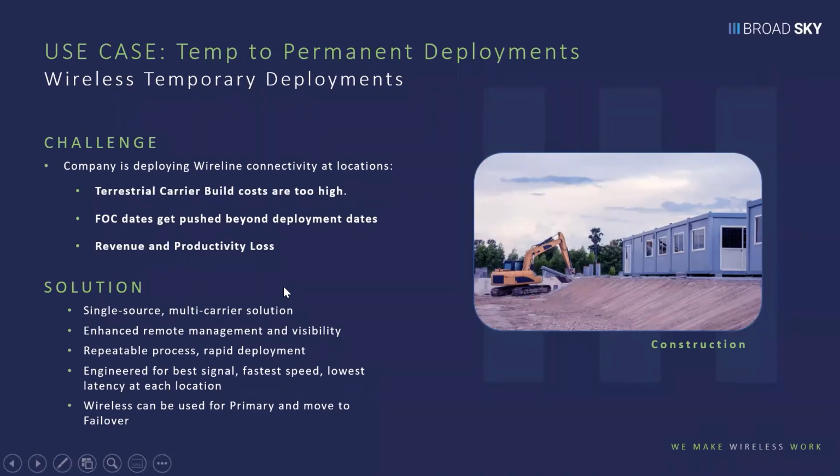So the way we do that is it's one box that connects to 2 carriers or 4 carriers. It's very fast on the download and it's very fast on the upload, which is for a lot of these applications a big deal. Then they move it on to the next one. It's carrier diverse. You can't cut it. It's reliable and it's repeatable. So that's sort of the temp side and the deployment side and the disaster side, how we go in and solve that.